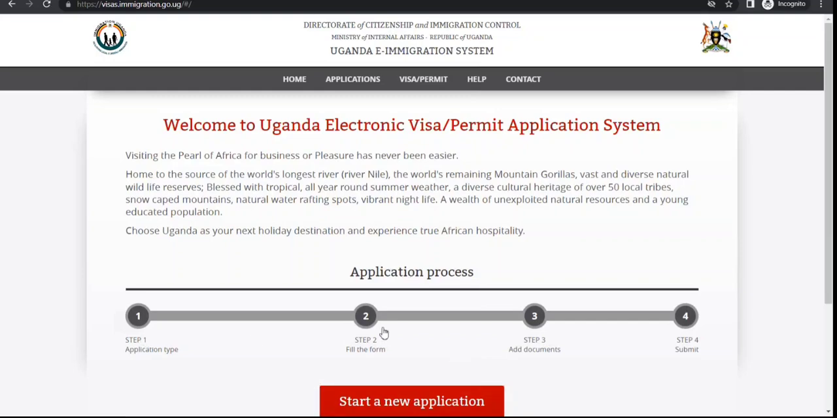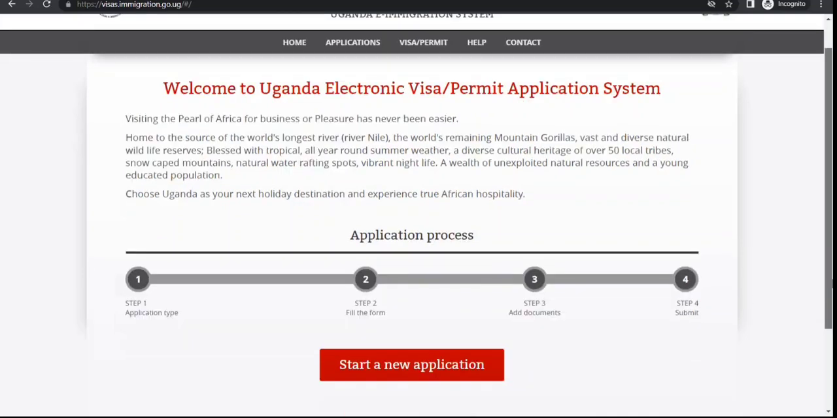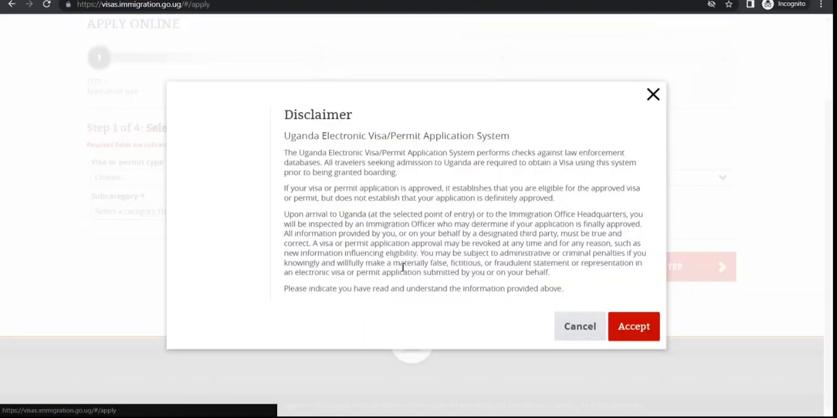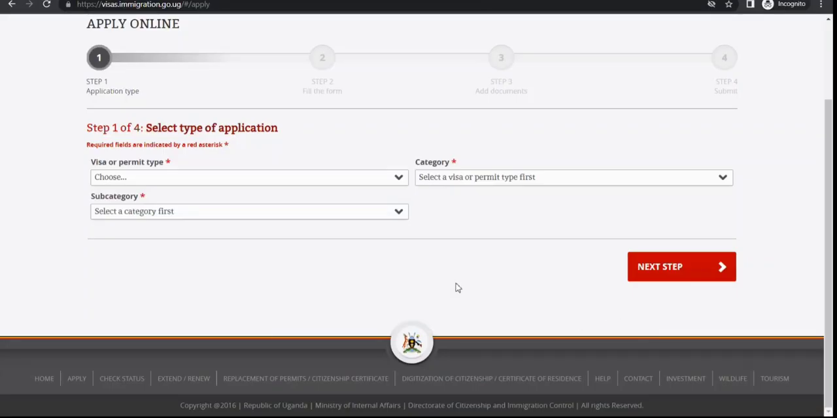Step one is application type. Step two, fill the form, add documents, submit. It will also tell you the fee. So click on start new application. Accept terms and conditions. So the very first thing you're going to do here is to select what kind of